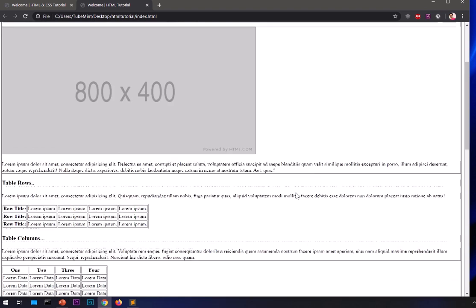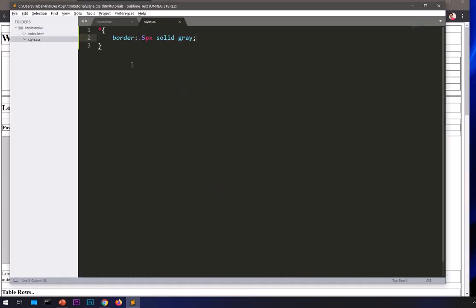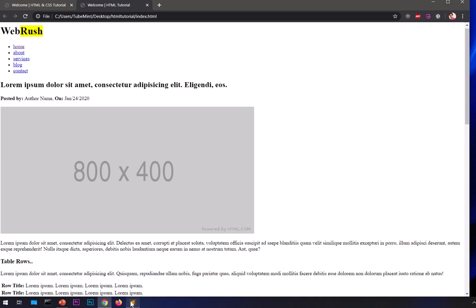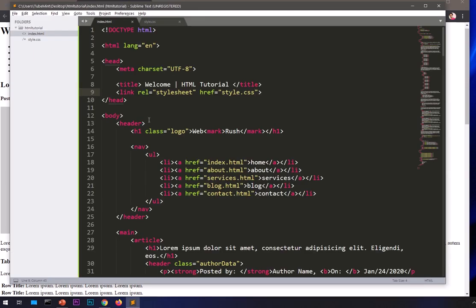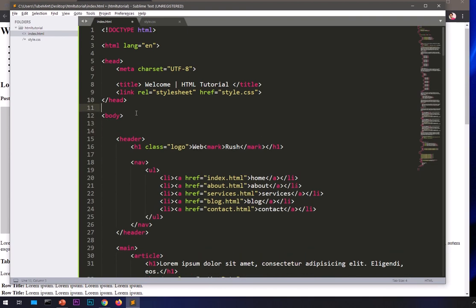So let's go ahead and start styling this web page. Now once you know this basic stuff, I can go ahead and comment it, and this is how you comment in CSS. And to comment in HTML, you simply comment like this. HTML comment. Alright,